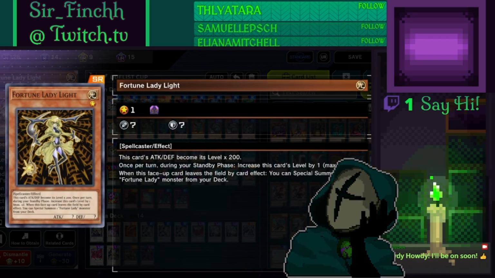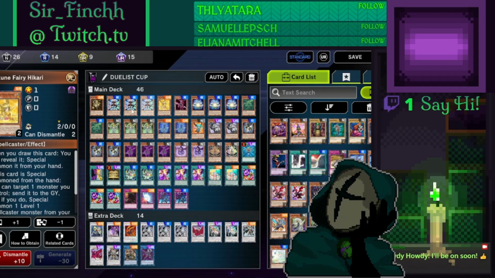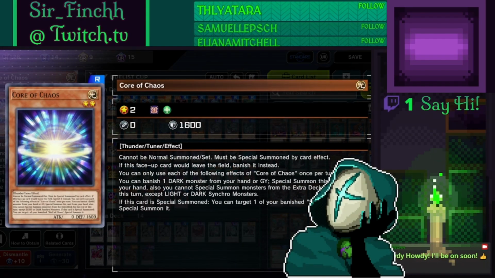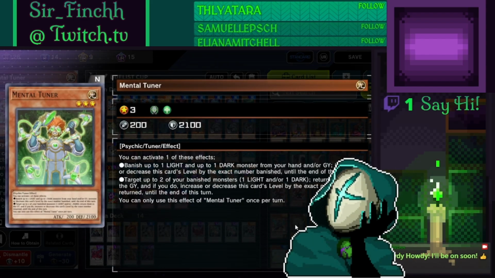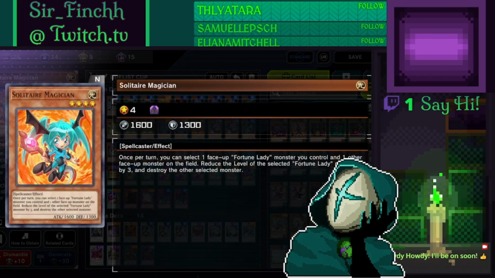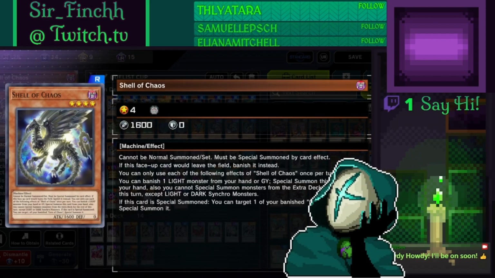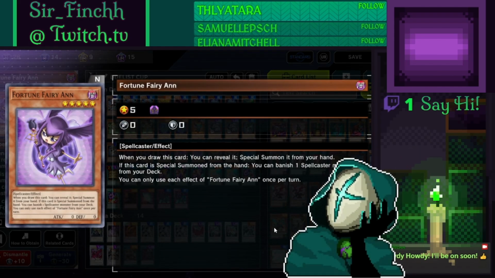What we've got is 1 Fortune Lady Light, 3 Fortune Lady Pasts, 1 Fortune Fairy Hickory, 1 Fortune Lady Fire, 3 Core of Chaos, 2 Fortune Lady Wind, 3 Mental Tuner, 2 Fortune Lady Water, 1 Solitaire Magician, 3 Chaos Witch, sorry, 3 Shell of Chaos, 3 Fortune Lady Dark, 2 Fortune Fairy On,